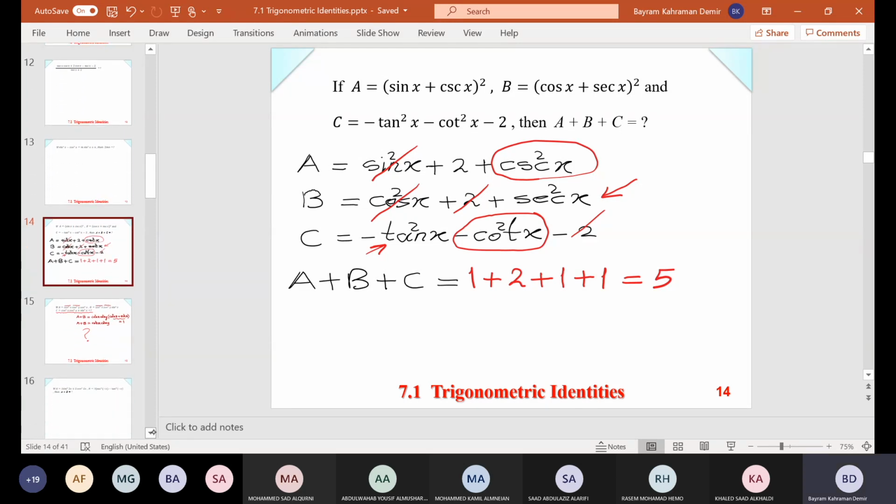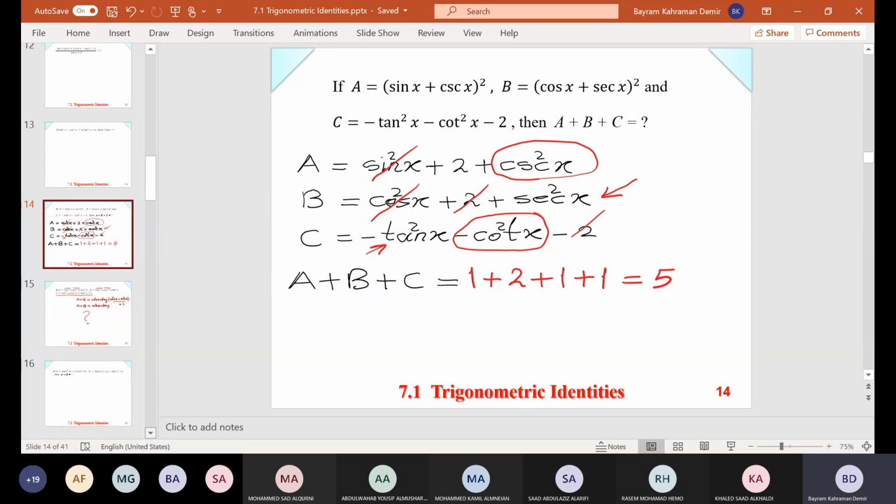Teacher, at A and B, why did you put plus 2? Can you square it? Do you know how to square it? Expand the square. We have sine plus cosecant, squared. Let's square together. Sine square plus,